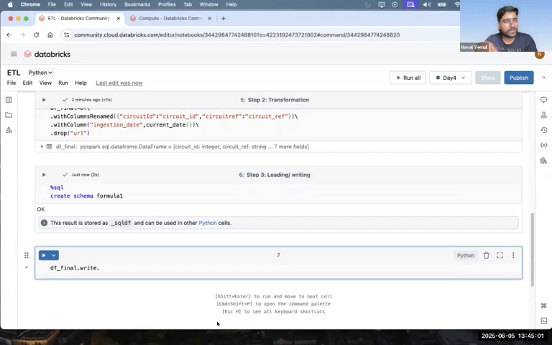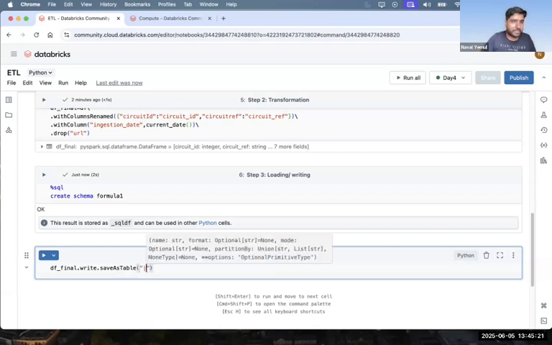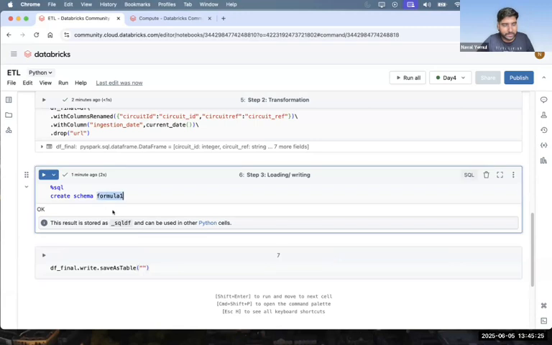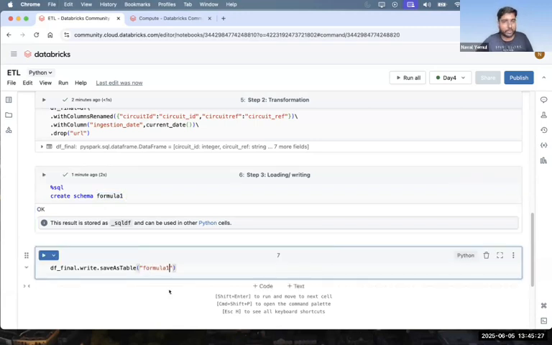Reading CSV and writing to CSV doesn't make any sense. We don't write it to CSV. We write it to the latest table formats. What are the latest table formats? We will see them in the next session, but I'll write a simple syntax to save it to a table. So the syntax is df.write.saveAsTable, and I'll mention the table name as formula_one.circuits table. Why circuit? Because circuit is my